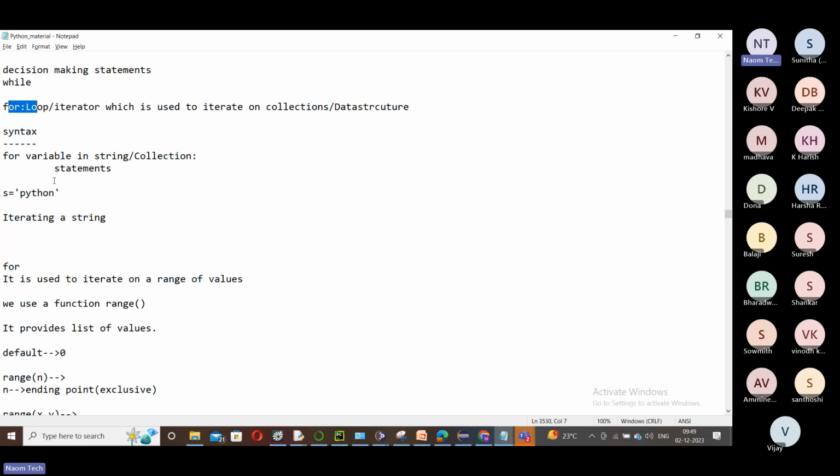So now, what is this for here? Again, this is another kind of loop in Python, but it is not like while, or like for in other languages like C, C++, Java, or C#. So what is for here? It is a loop or iterator which is used to iterate on collections or data structures.